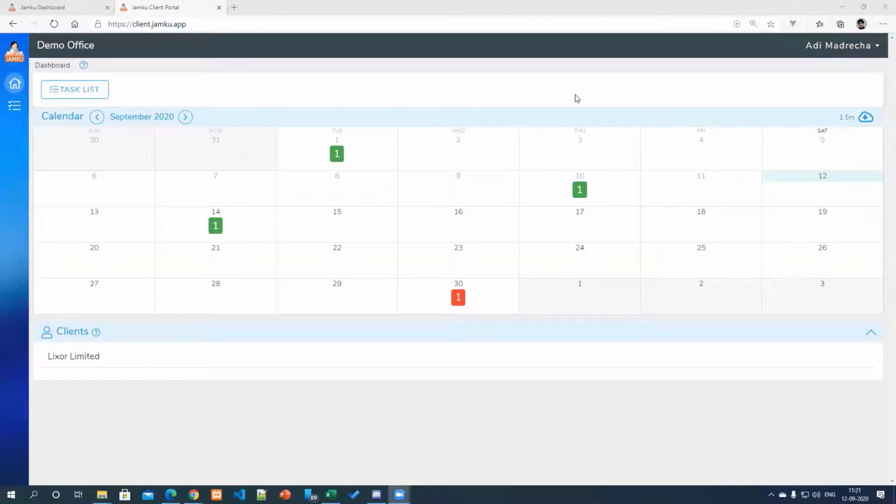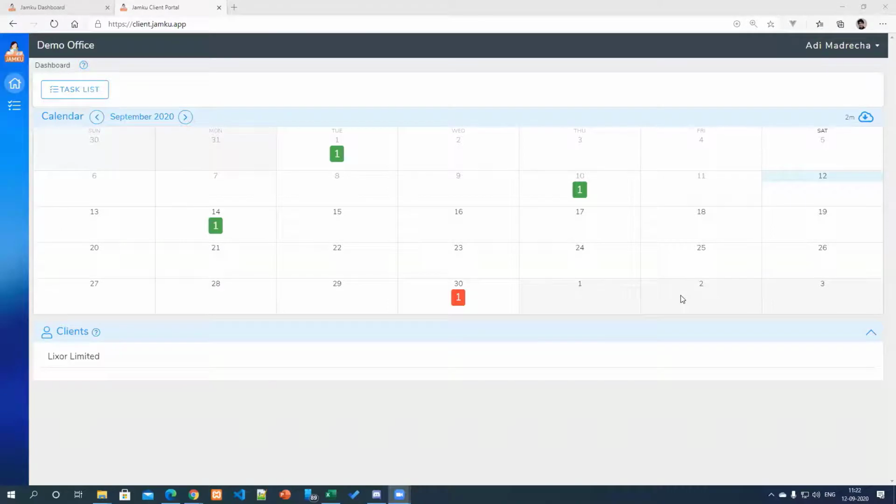But if I want to share the future things that we have planned, we are planning a Tally integration where you will be able to pull all the Tally balances, the closing balance of the clients, and upload it here. So against each client on the client portal, the client will be able to see the total balance, and as on which date this balance was updated. That is something that we have also thought and planned.